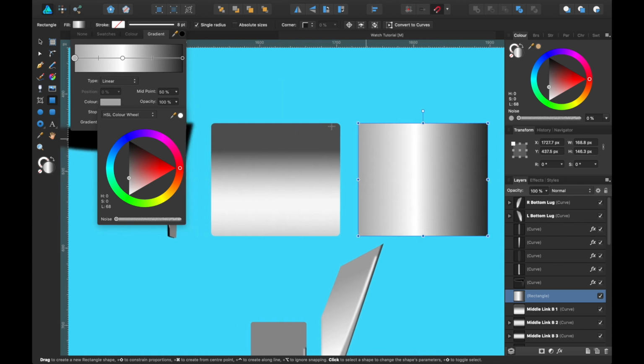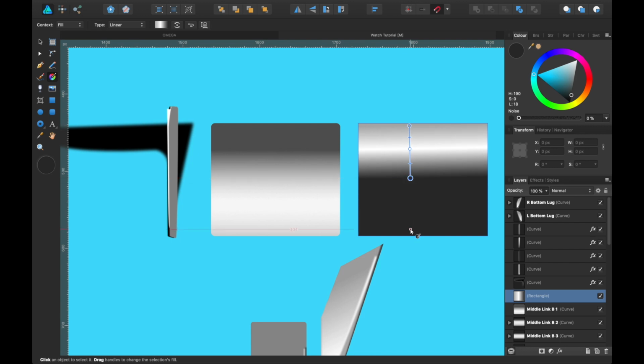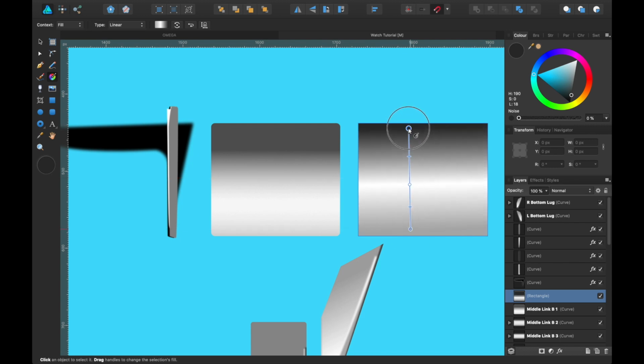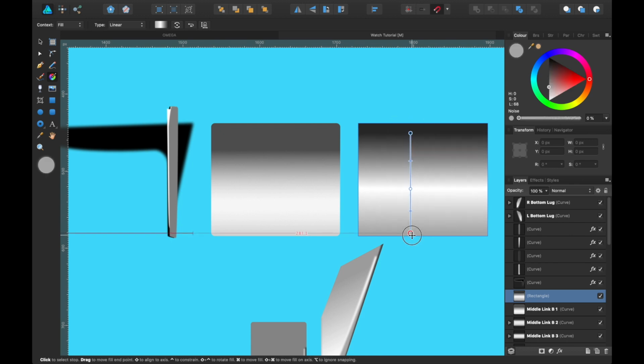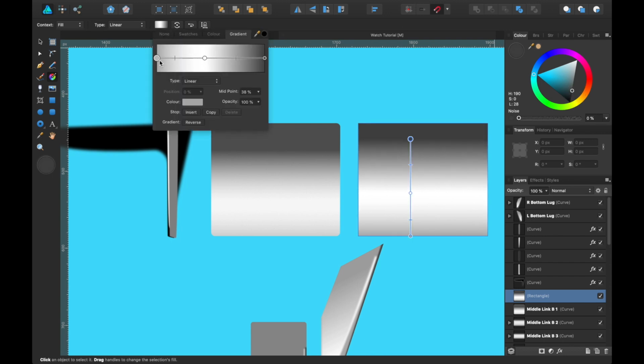And to change the direction of the gradient, you want to go over here to the fill tool, press on that, and then there we go, you can drag it up here. And you can see the white goes a little bit further down. You can drag these in between the colours and push them out a little bit like that. And same for here. See, that's a little bit darker, the one I've done. Very easy to change. You can either do it from here or up here and play around with the colour here.